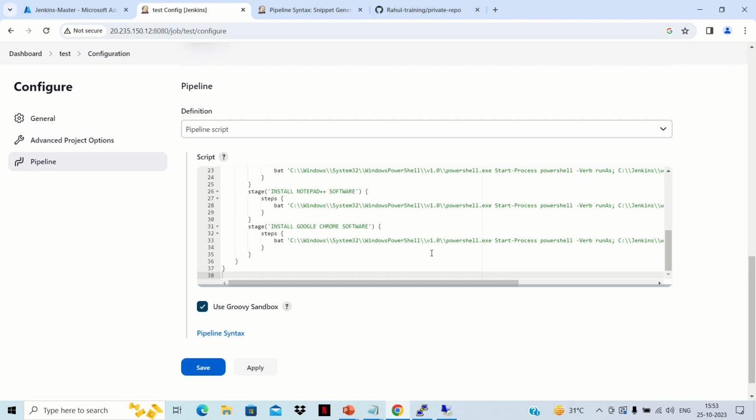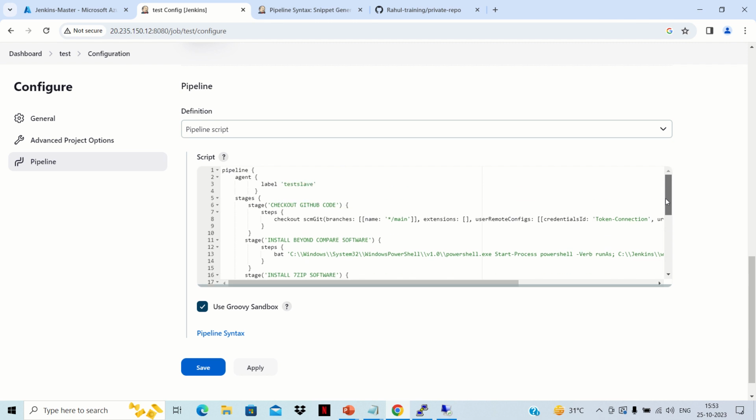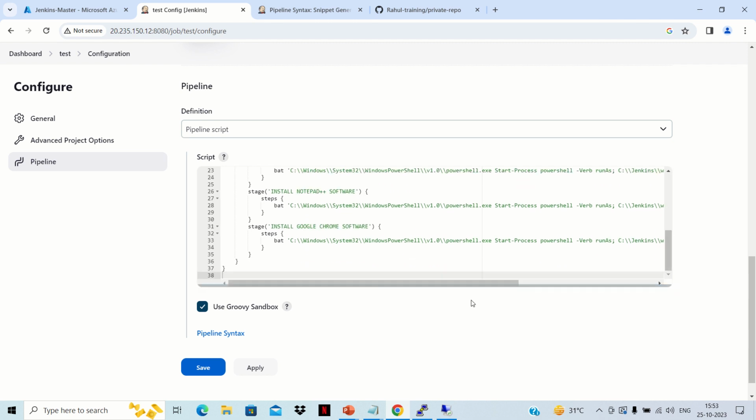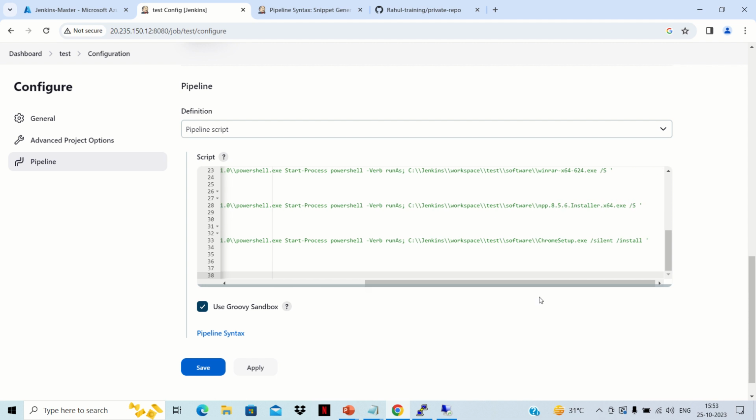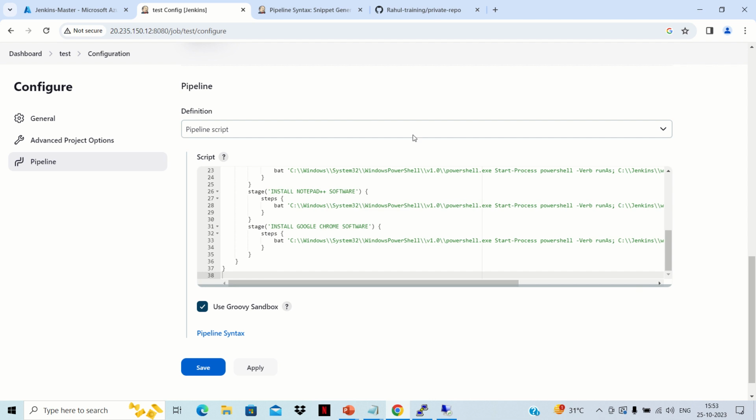So we are good with the other software. So in this way we can create our pipeline, and then we can execute that pipeline perfectly in any of the environment. So there is no issue with that. We are good with it. So in this way we can create our CICD pipeline. And one more thing I want to show you, how we can use that post